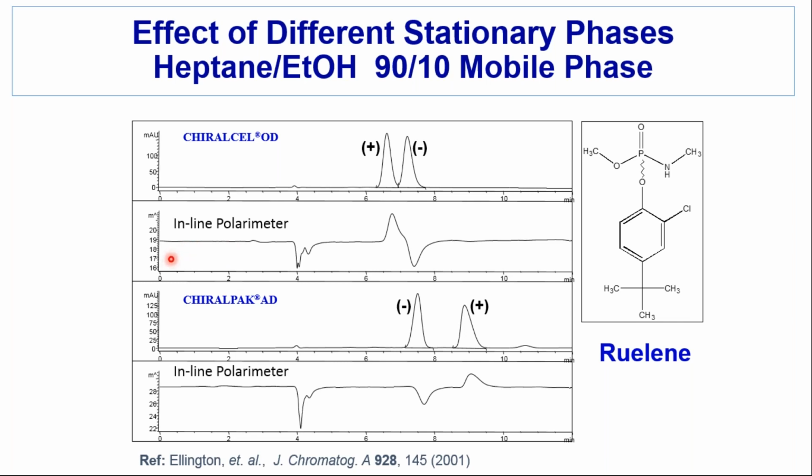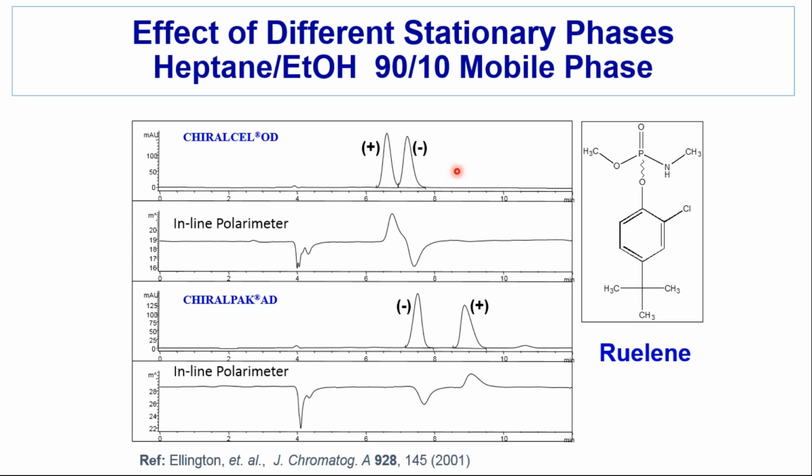So sometimes people will talk to me about the first isomer, or first enantiomer. That's not a physical property. It depends on which stationary phase you're using, or mobile phase, as we'll see. This can present a problem with racemate. You don't necessarily know what the order of elution is.